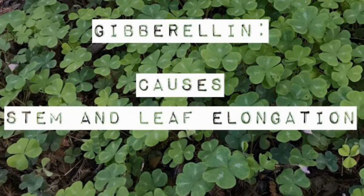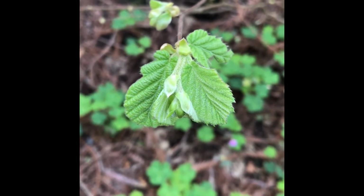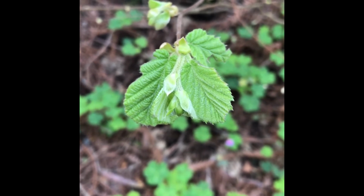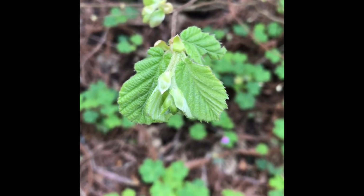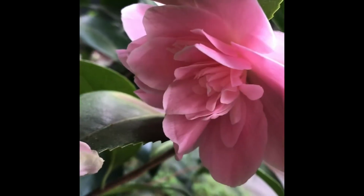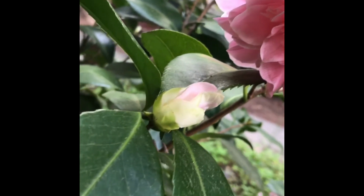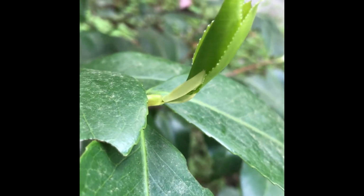Gibberellin is mainly the cause of stem and leaf elongation. Now I say elongation because did you know that the baby leaves that come out in the spring were really already made in the plant last summer? Plants really plan ahead. The reason they do this is that if the leaf or branch was physically broken off the plant, the new stem and leaf would already be in the bud ready to take over. The injured branch would signal gibberellin to be released to make that bud grow a new branch and leaf immediately